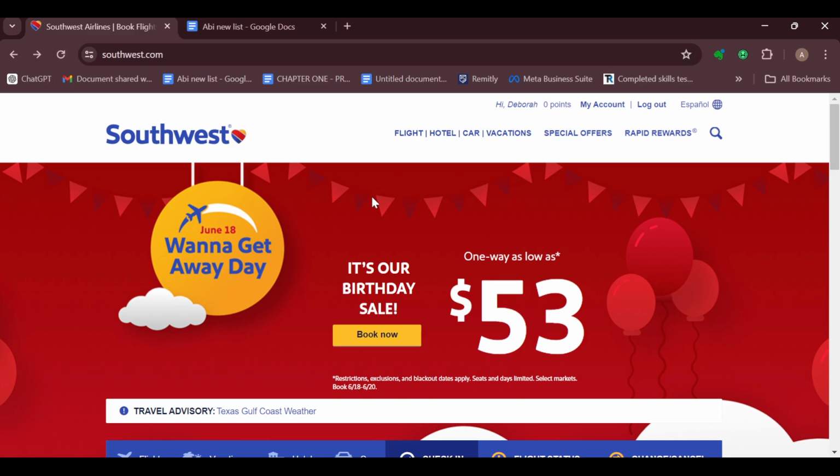Now, you can reset your Southwest Airlines password in two ways. The first way is when you're already logged in to your account and you want to reset the password. To do that, once you're logged in, you would see your own page, and then the next step is to move to the top right corner where you can see My Account, and once you can see that, just